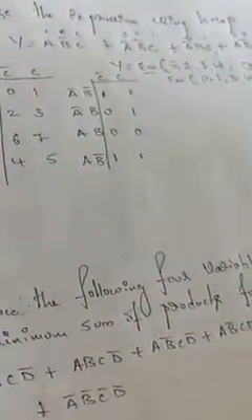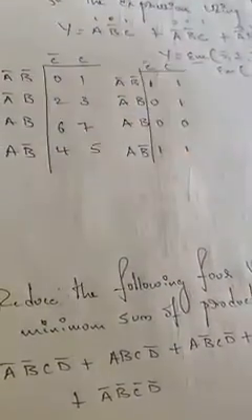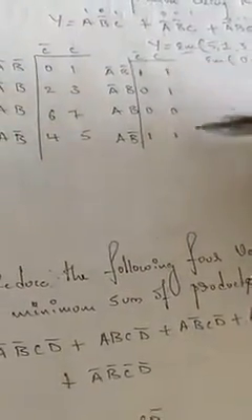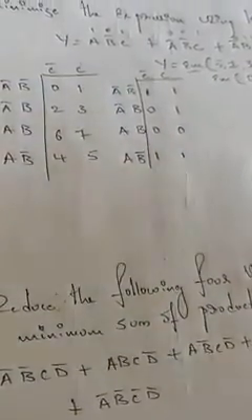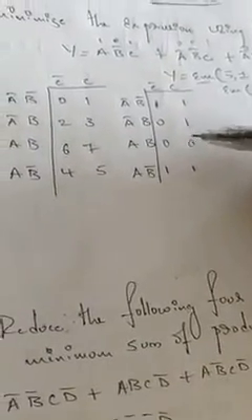So first thing, when you fill the K-map, you should think whether there is any possibility of an octant. Octant means 8 adjacent ones. You should look for the 8 ones. Is there any possibility of 8 ones? In case of a 3 variable K-map, if you want to have an octant, then the whole K-map should be ones. Then only is it possible to have an octant in case of 3 variables. Otherwise, there is no possibility of an octant. Okay, forget about octant. Right now we don't have all ones, so there is no possibility of an octant.